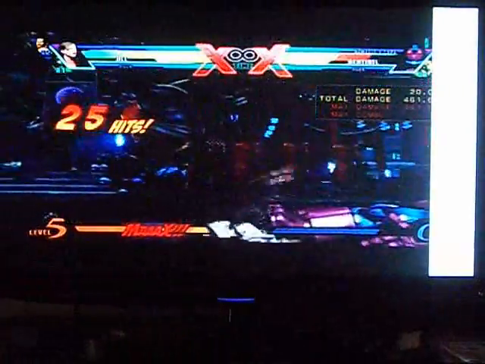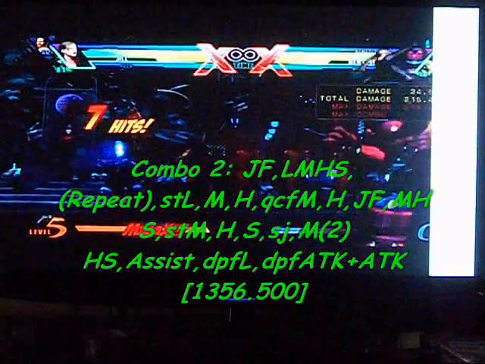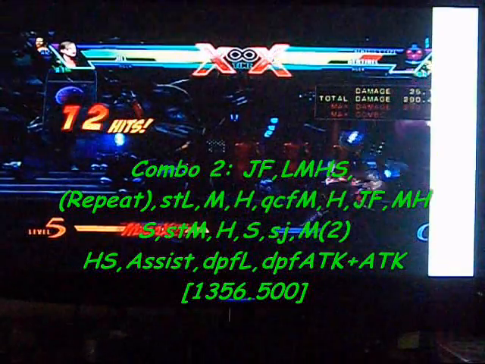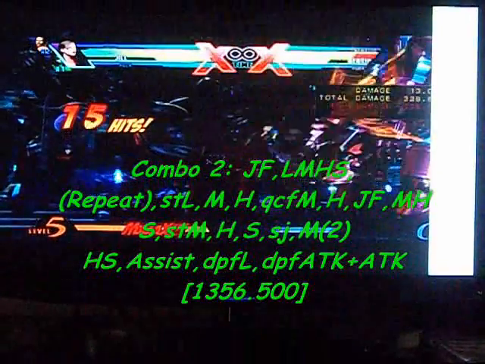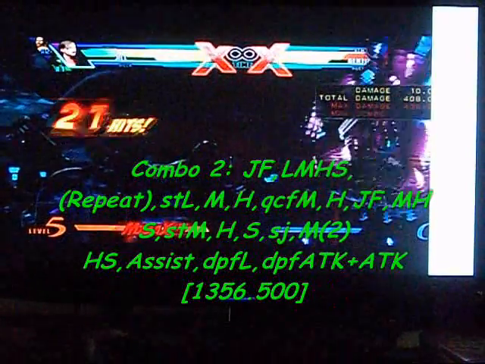This combo is similar to the first one, but extended, plus with DHC. So for this one, it's the same thing. Jump towards the opponent, light, medium, heavy launch. Repeat the same thing. Before you hit the ground, which is a few inches away, press launch, immediately press light,